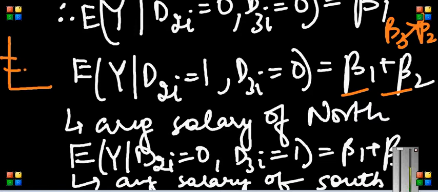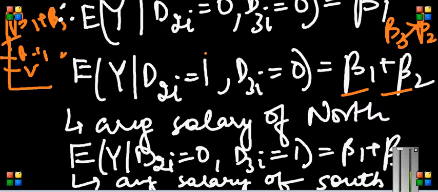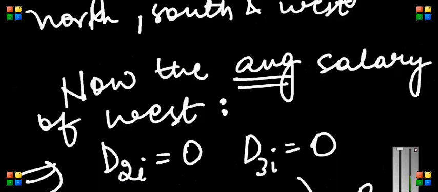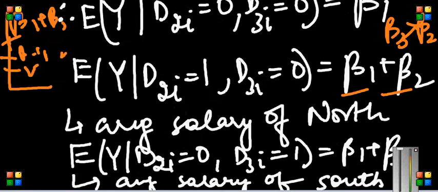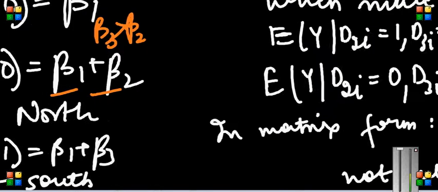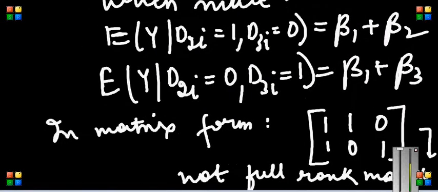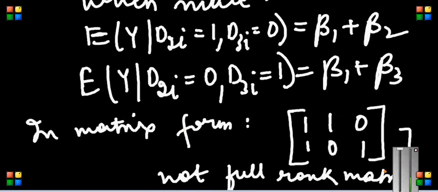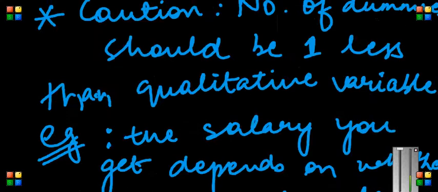So I say that this is beta 1, and supposedly I'm assuming that beta 3 is greater than beta 2. So this is beta 1 plus beta 2, and this is beta 1 plus beta 3. So basically I can see that there is a change in the intercept and not in the slope. So therefore these betas which are attached to the dummies are known as differential intercepts, because they change the intercept